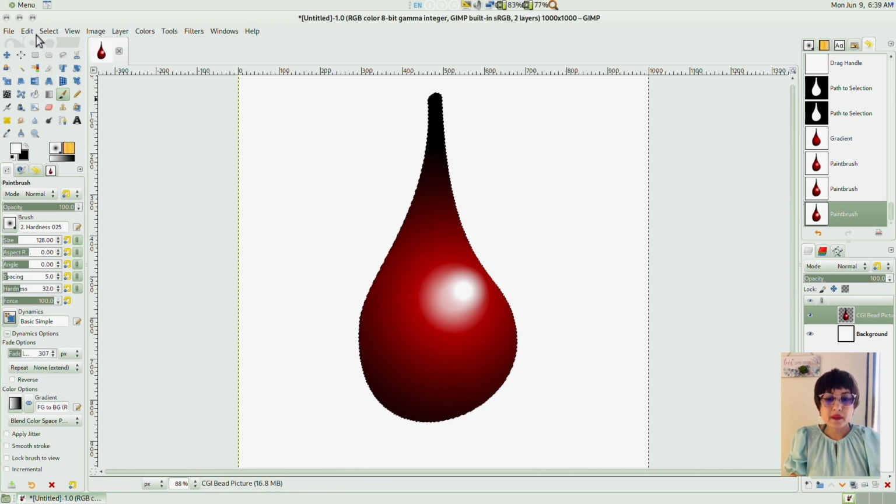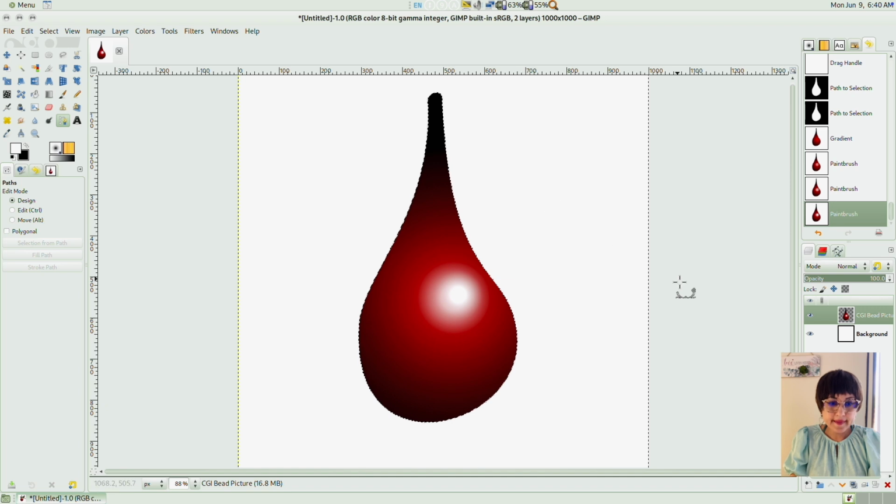Not too far though. Edges are looking a bit cartoony right now, so I think they would look nicer sort of smoother.